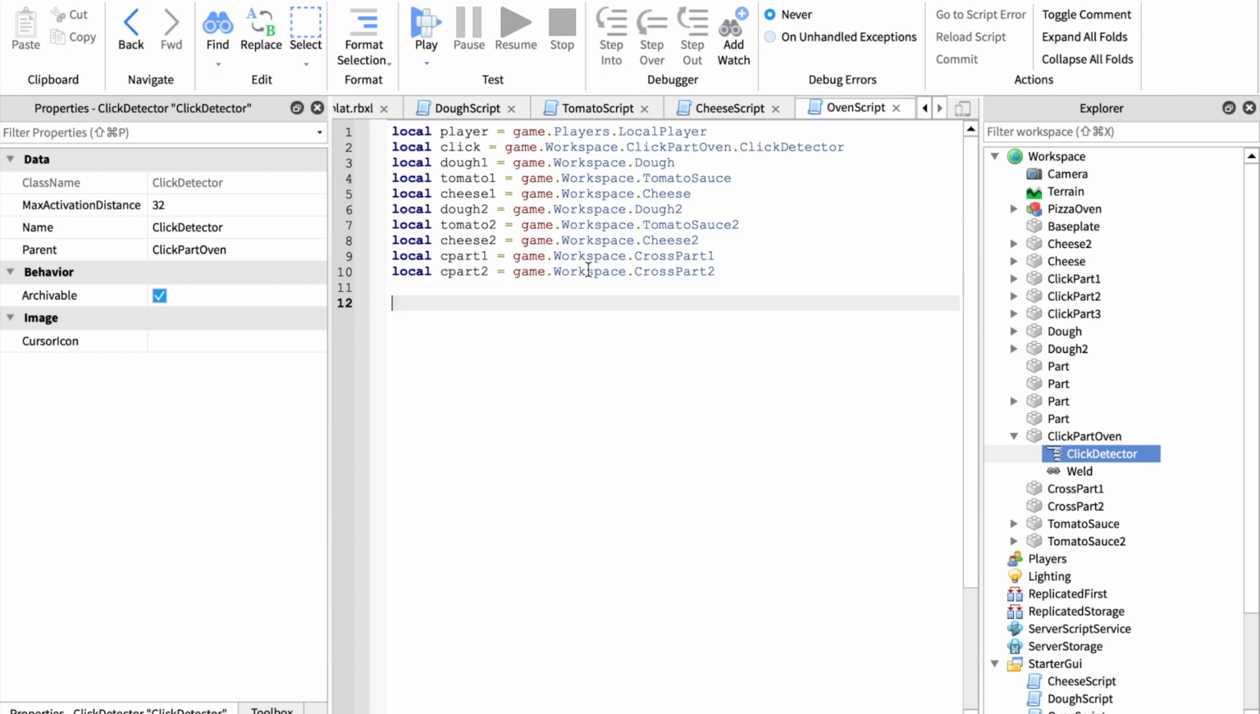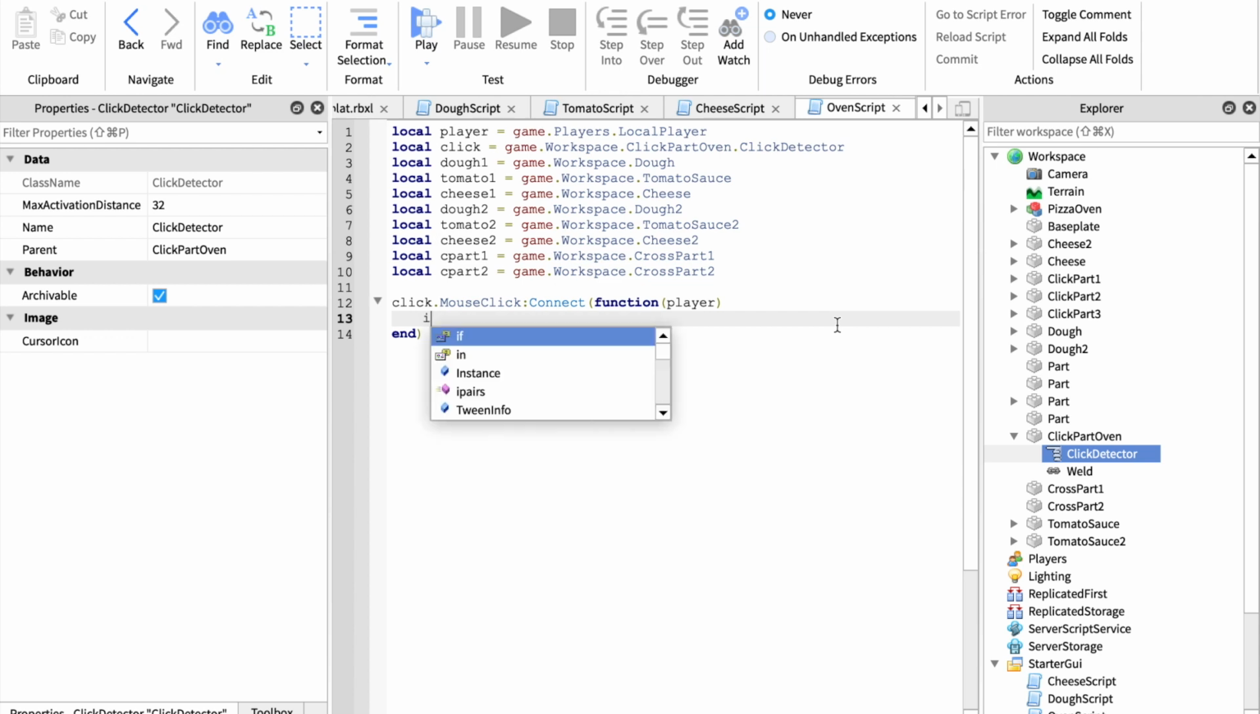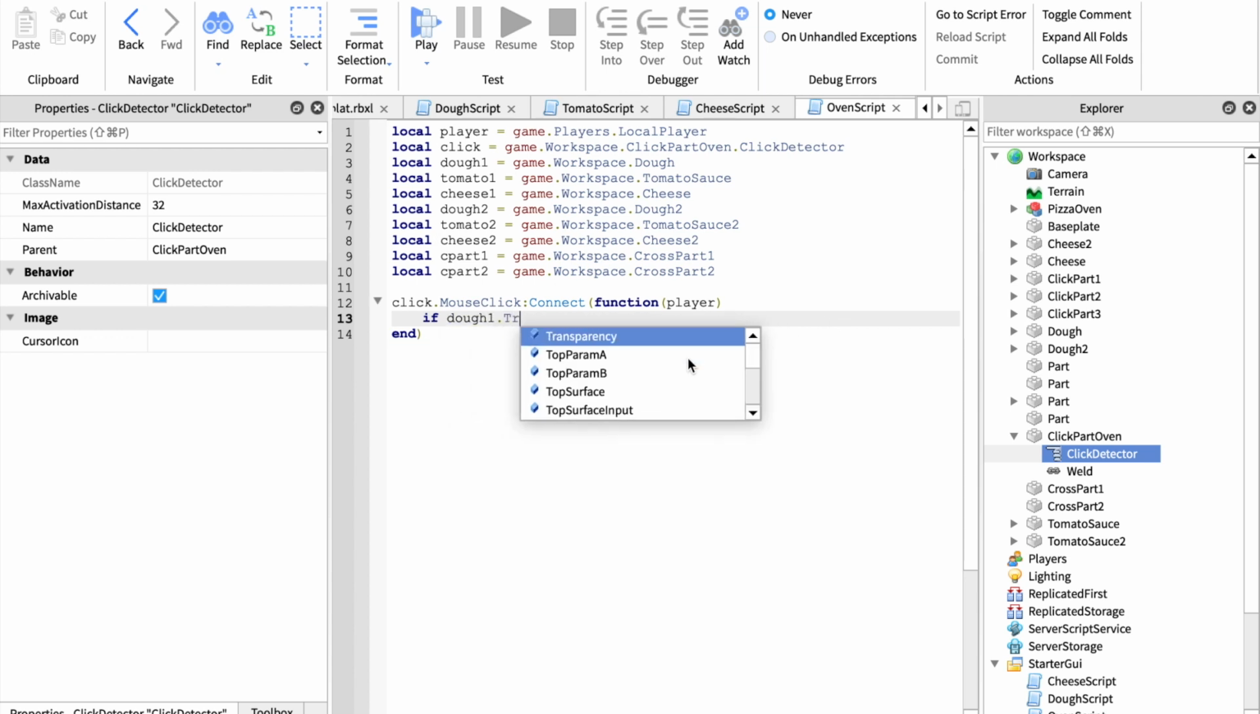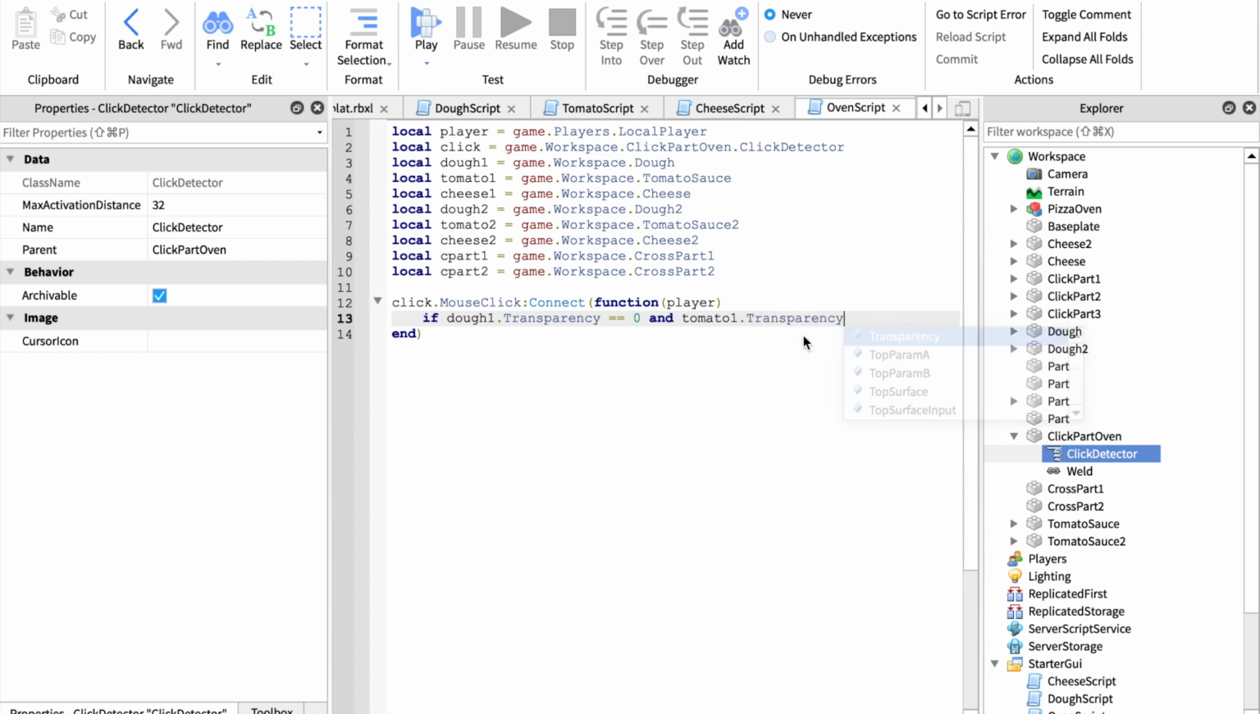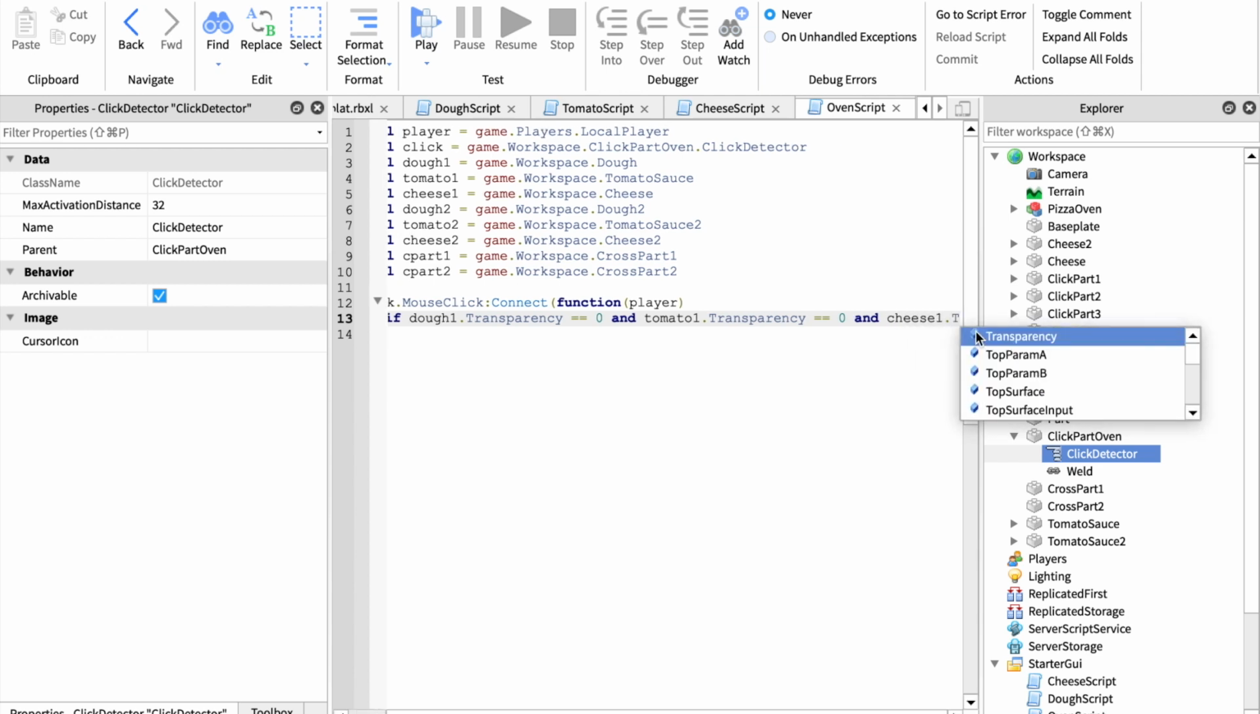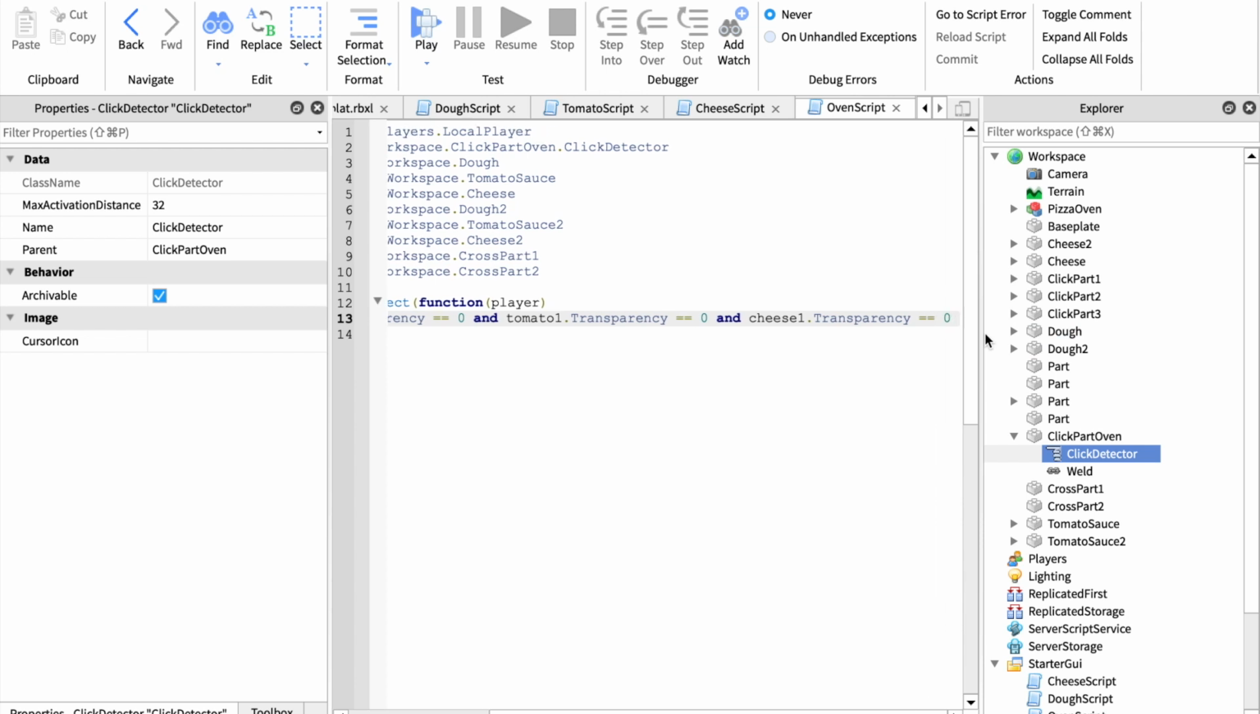Now I can say click.MouseClick:Connect(function(player)), and then we can say, now I can say if dough1.Transparency equals 0, and tomato1.Transparency equals 0, and cheese2.Transparency equals 0, then